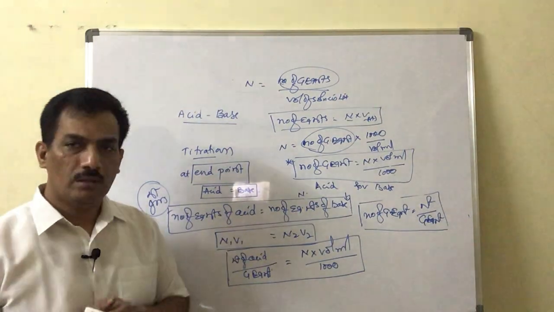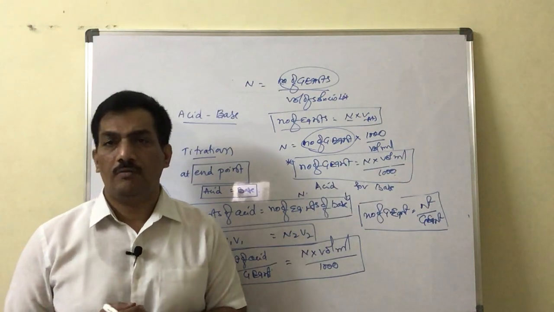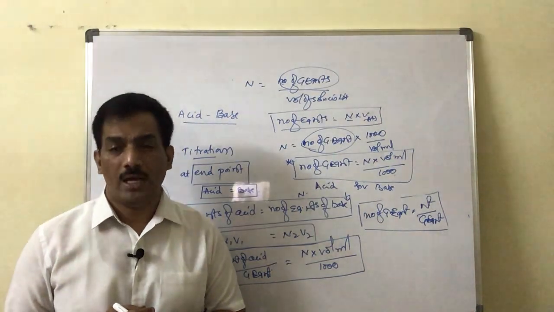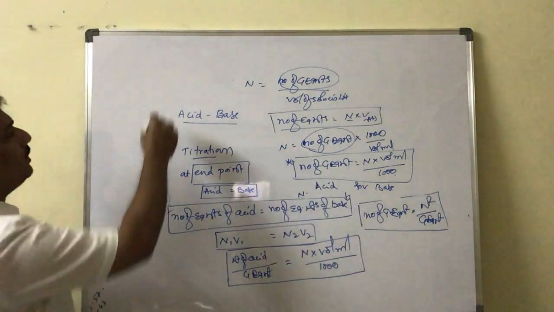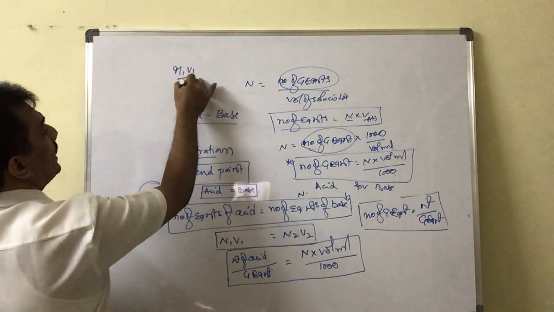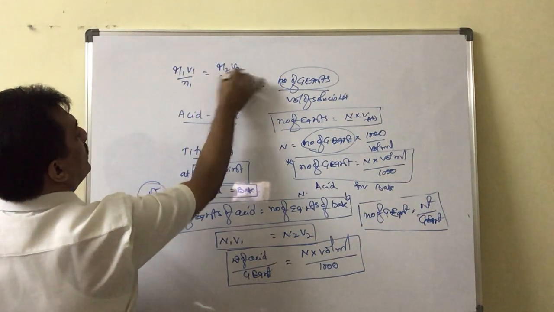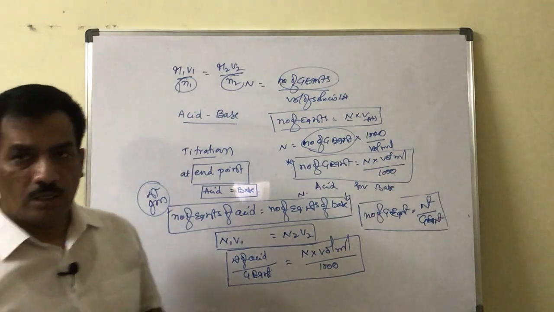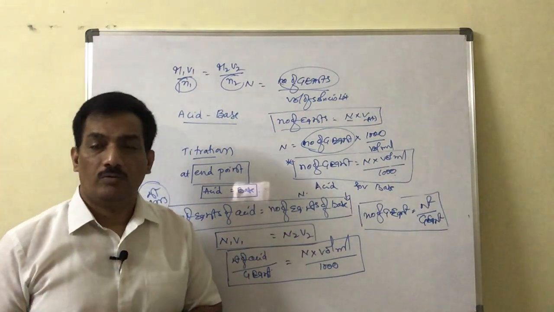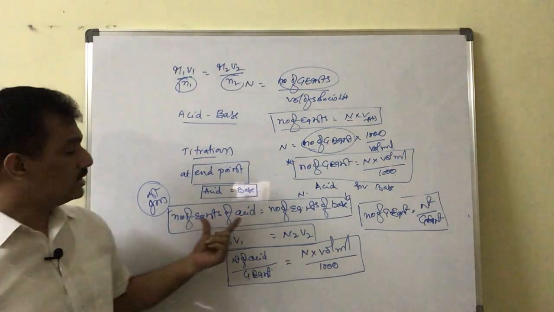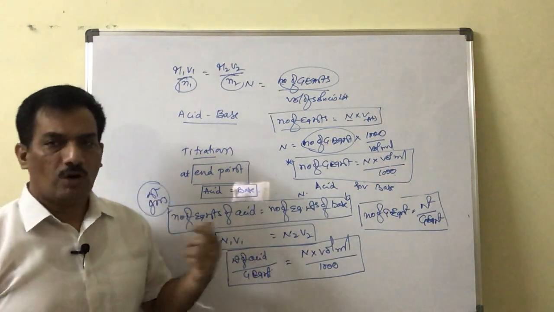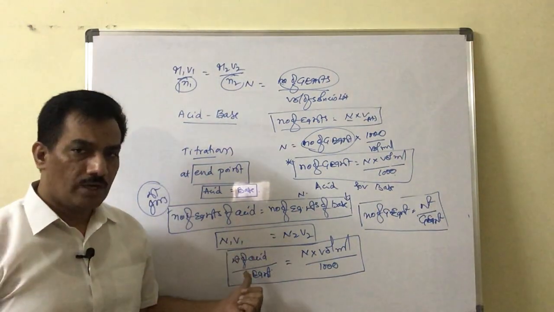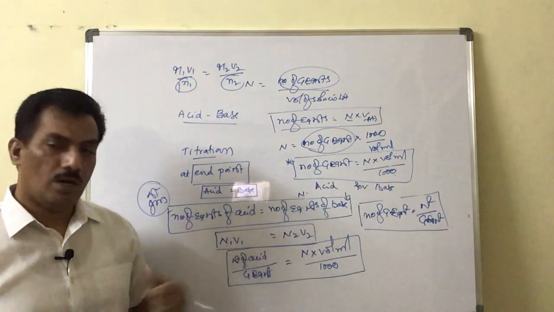One is N1V1 = N2V2. Already in the previous session, when molarity is given, we know the formula. The law of neutralization is nothing but M1V1/N1 = M2V2/N2. It is in terms of molarity, and when molarity terms are taken, we have to balance the equation so as to get the N1 and N2 values. But in case of normality, we need not balance the equation because here the relation is the number of equivalents. So when volume and normality of the acids and bases are given, this is the law of neutralization, and when one is weight and the other one is normality, this is the law of neutralization.